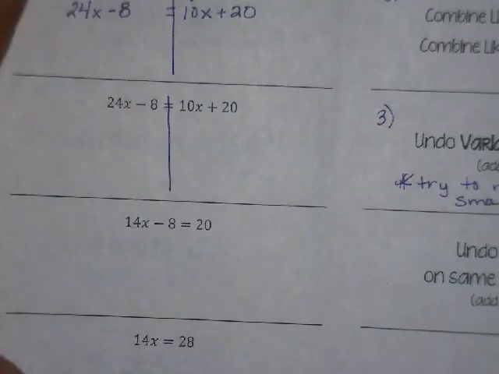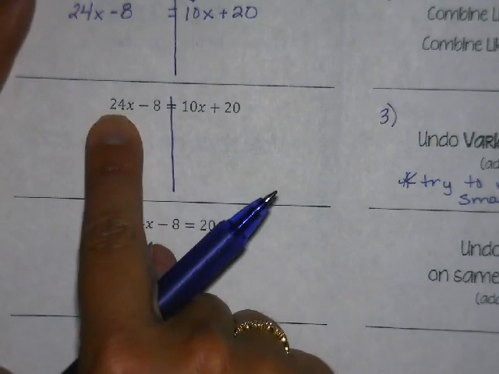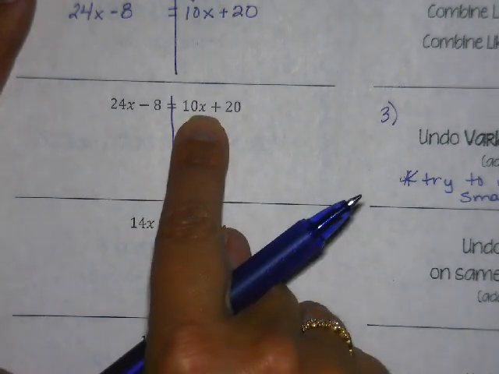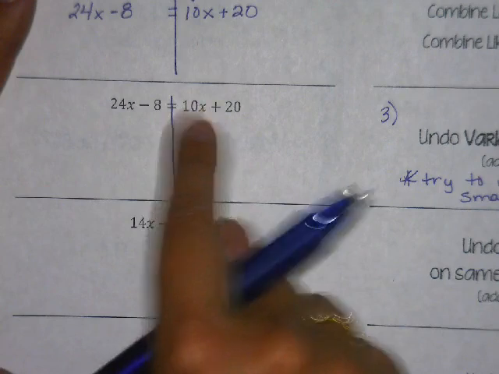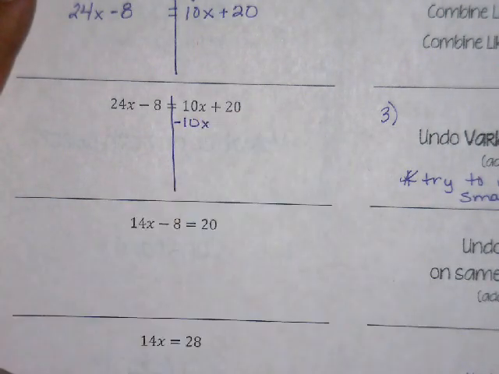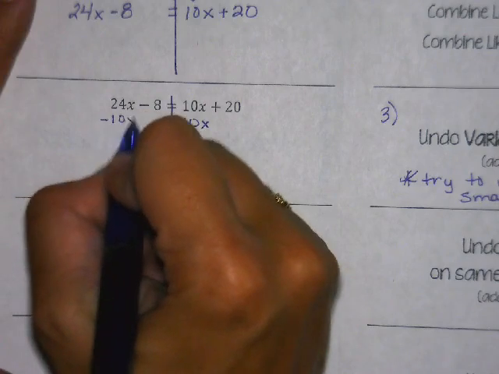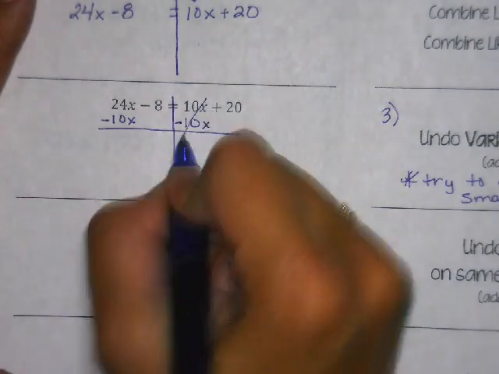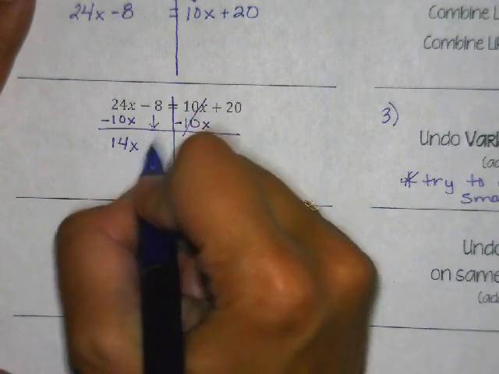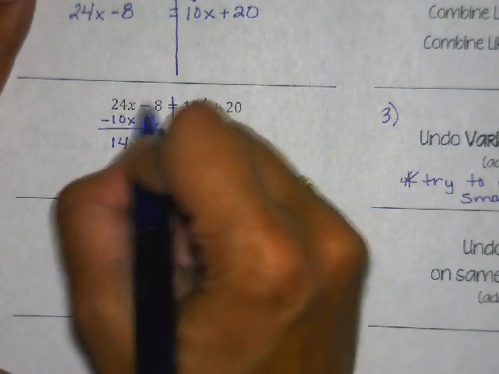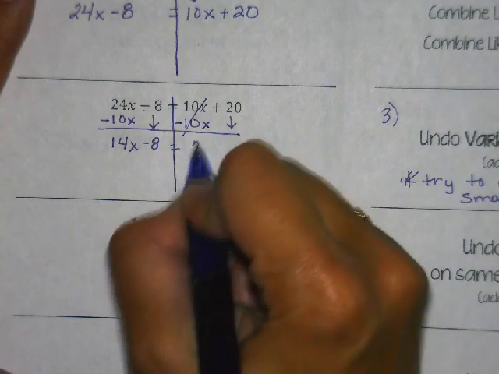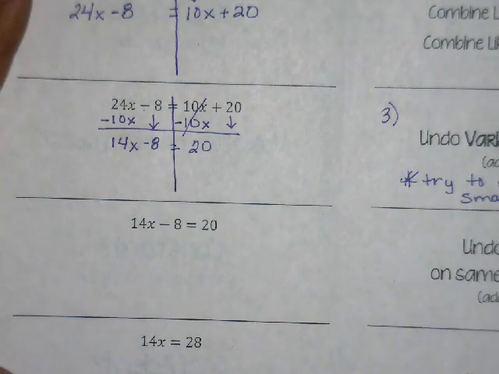Okay. So I have 24x on the left and I have 10x on the right. 10 is obviously smaller than 24 and it is a positive. So my inverse of a positive 10x is a negative 10x. Show that on both sides. So I have 14x, bring down my constant, minus 8. Don't forget that sign in front of it, equals 20,